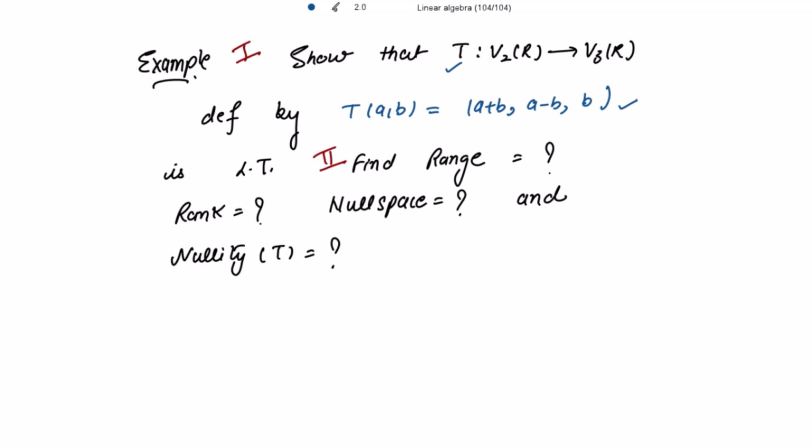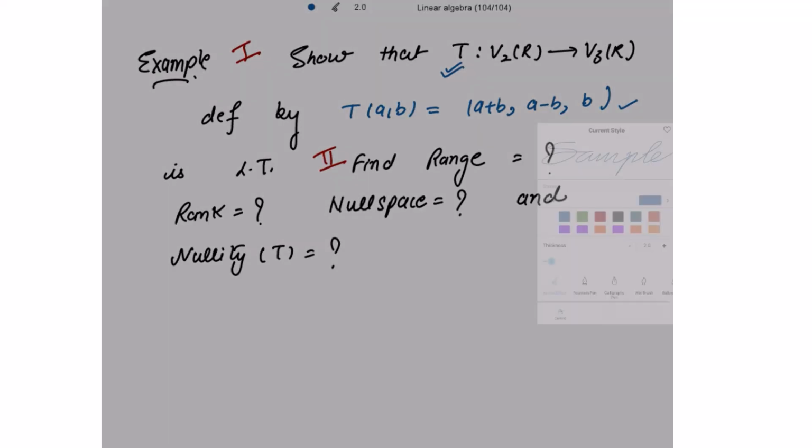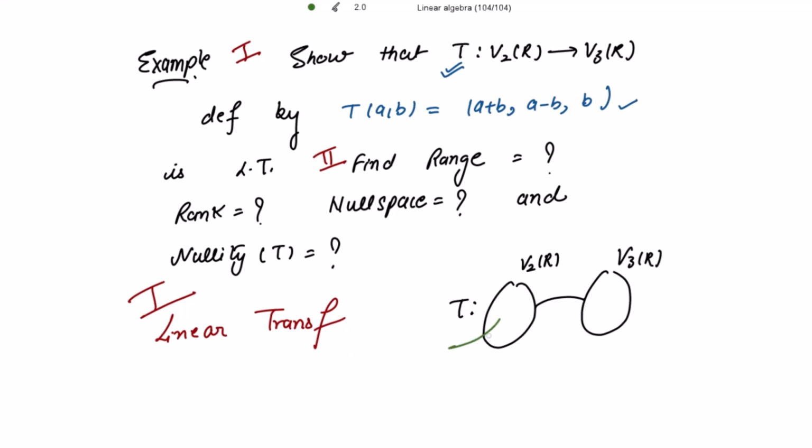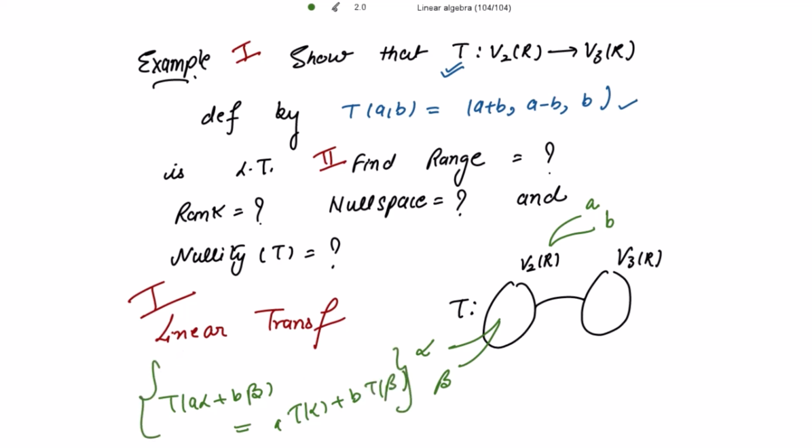So first we need to show that this T is a linear transformation. To show the linear transformation, we need to take two elements from this vector space, let's say alpha and beta, and two elements from the field, let's say a and b. We need to show that T(a alpha + b beta) should be equal to a T(alpha) + b T(beta). We need to show this for the linear transformation,